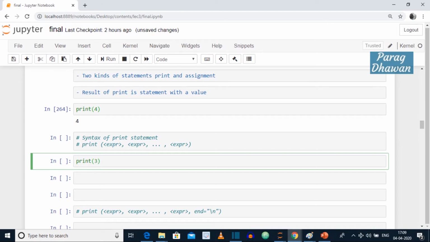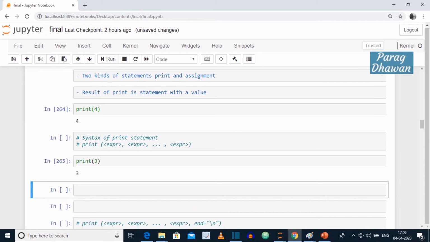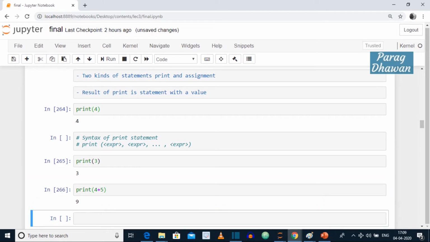That expression is evaluated as 3. If we click on the cell and run it, we will get the output 3 only. Suppose we print 4 plus 5, the expression evaluates to 9 and 9 will be printed on the user screen.